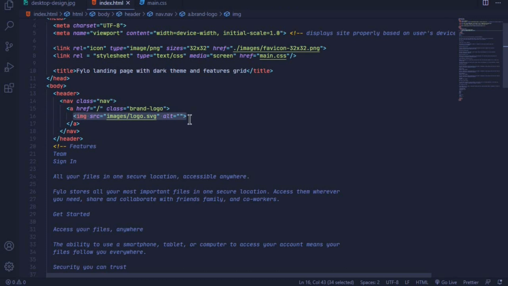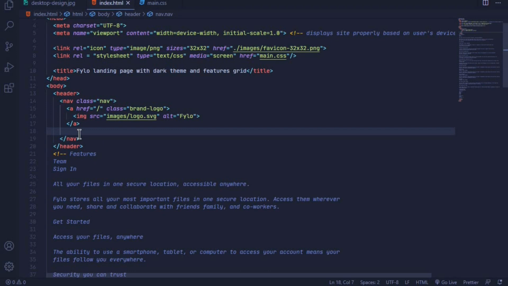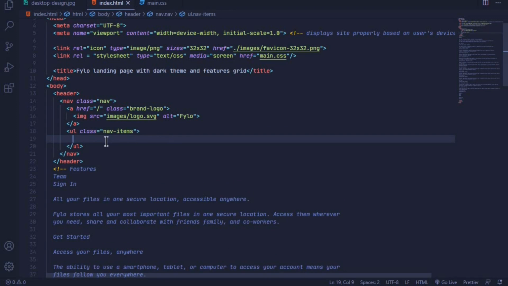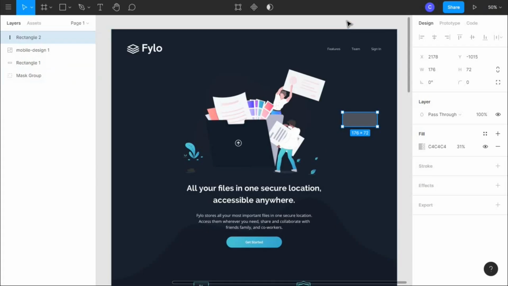Okay, and then the alt I can say Fylo, whatever that means. And then after the logo we will add a ul element with a class of nav items. So ul dot nav hyphen items, enter,